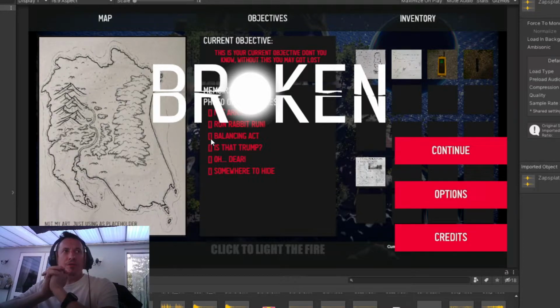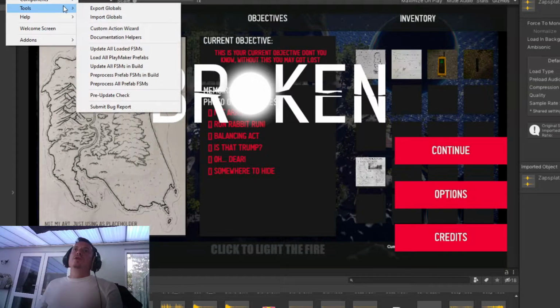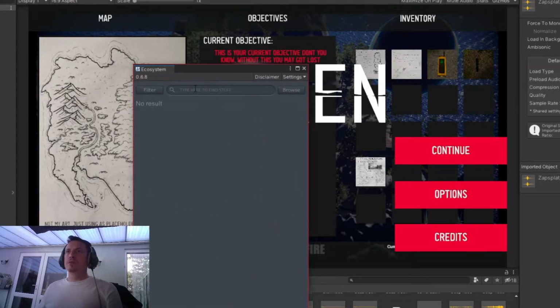Last week I started writing a script after following a tutorial, and that's where it all went a bit pear-shaped, because that script would not, for whatever reason, apply to any game object. So I'm going to try it with Playmaker this time, see if I get a bit further. Playmaker has this thing, where's it gone? Ecosystem browser. It's not the prettiest thing to look at, but it's quite useful. You can type in, say, save load,